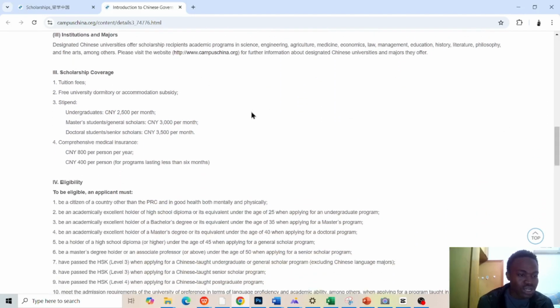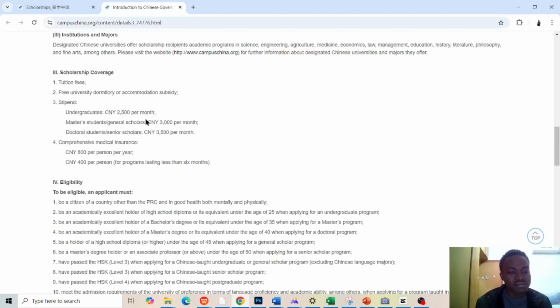So now the scholarship covers your fees, free university dormitory, that is your lodging is free, accommodation. They give you subsidies also. Stipend, they give you monthly for undergraduates, first degree, 2,500 RMB, which is CNY, Chinese currency.